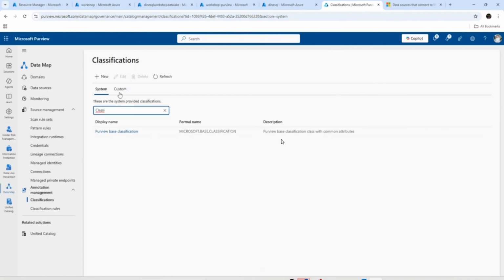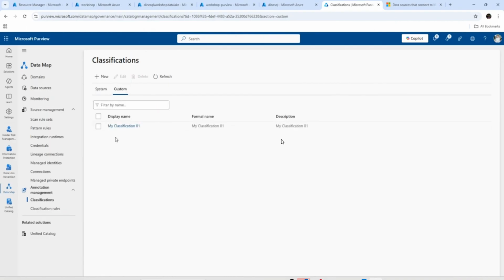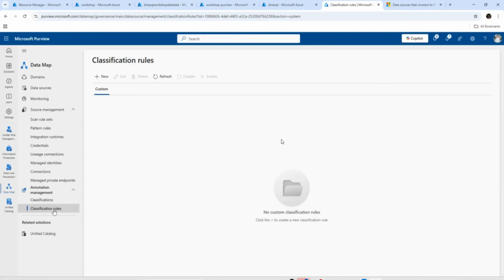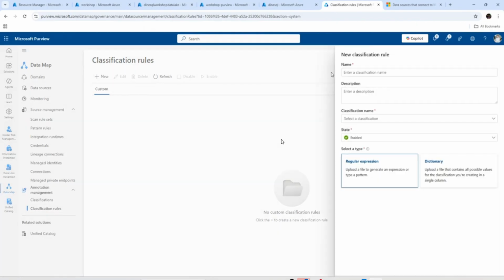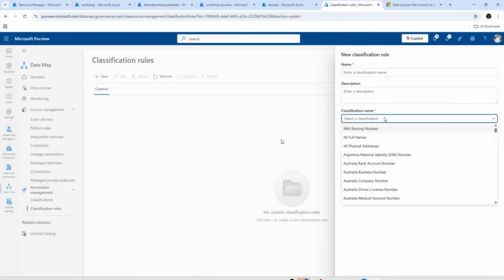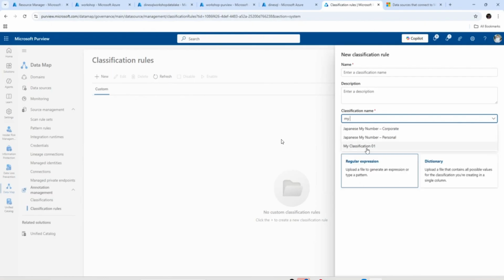Okay, it might take some time. Oh, sorry, you have to go to custom, right? This is what I just created. Okay, my classification 01, it's just a name. Then I can go to classification rules and then click on new, give a name and select my classification 01,